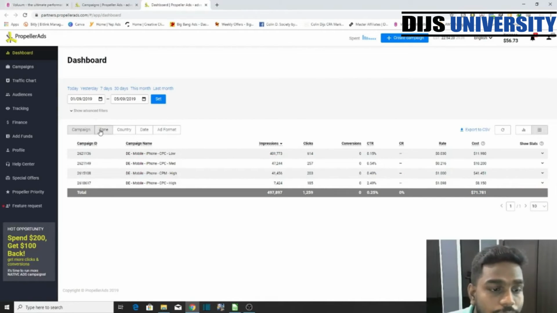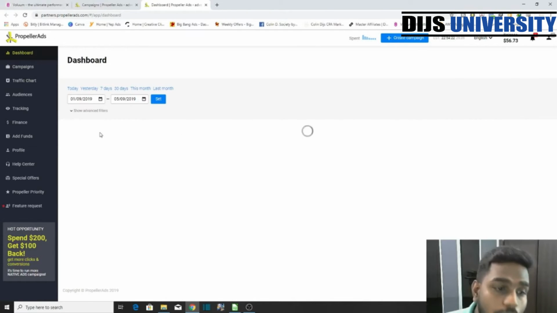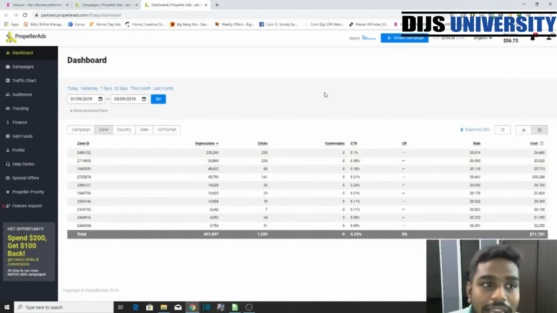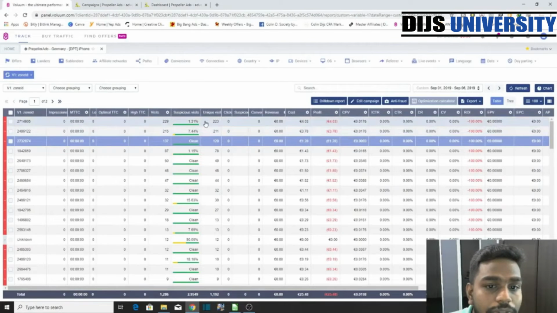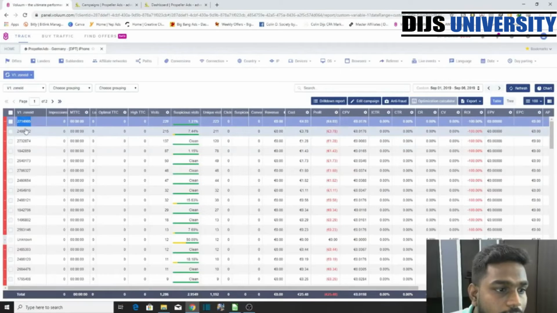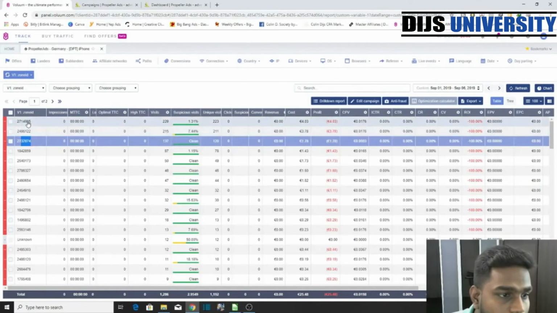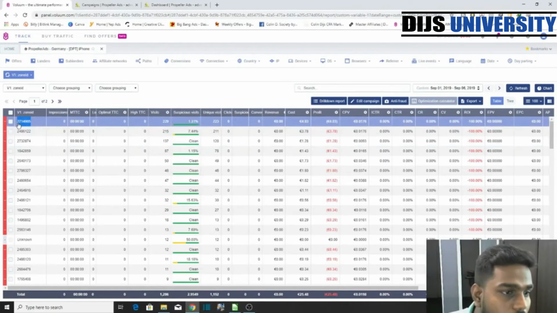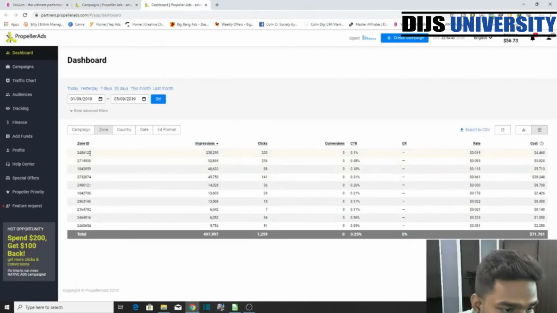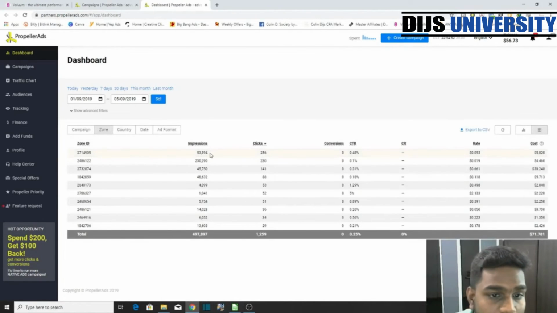So we can actually go ahead and check out the zone. This is the zone ID. This is where the volume comes into play. If you go to the volume, we saw this one was a good zone ID, right? And this one as well as this one. So let's just take an example of this one, 2794905. I'm bad with numbers, guys. This one was it, right? As you can see, yes, this one was one of the best over here as well,